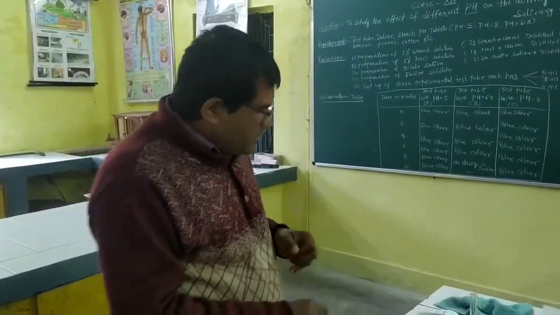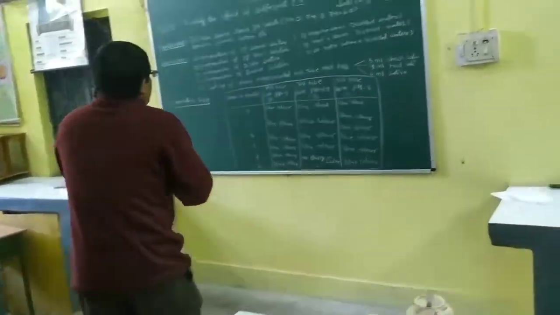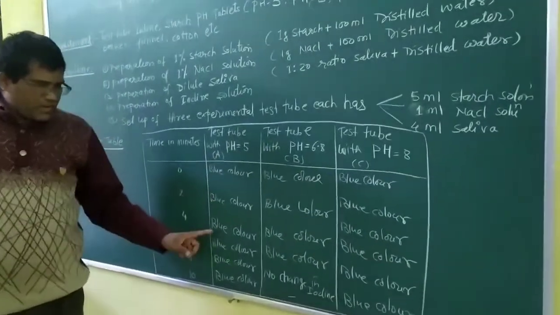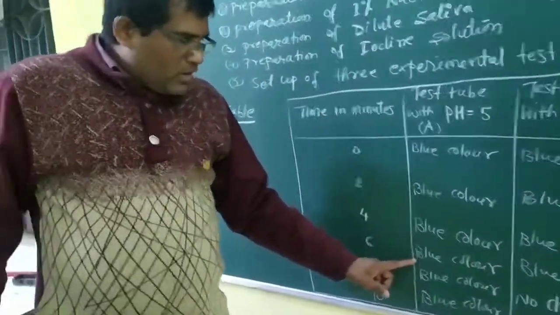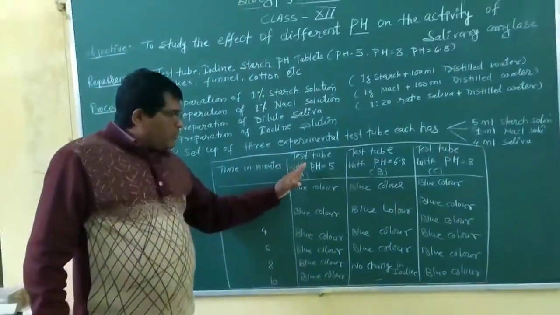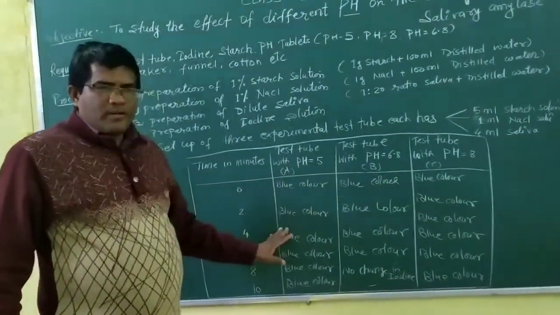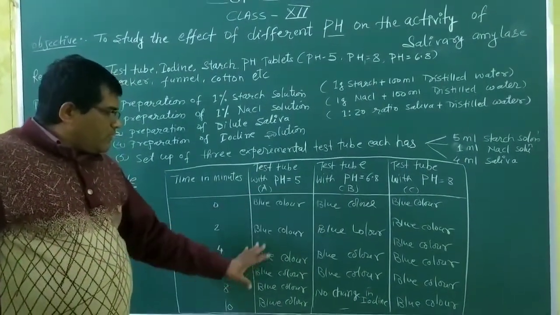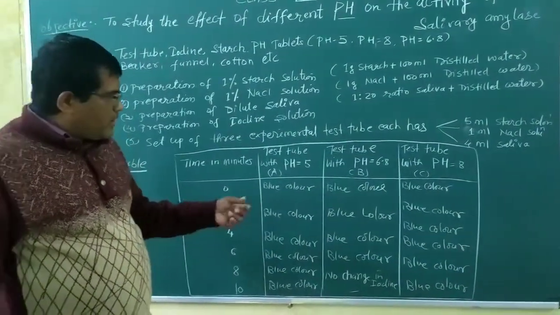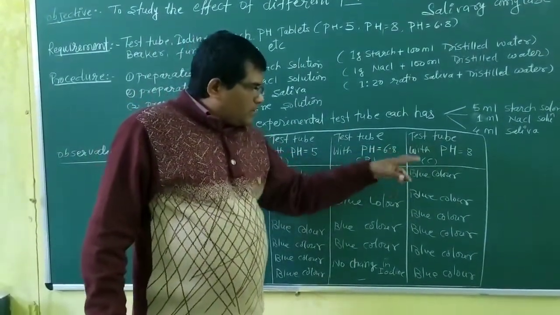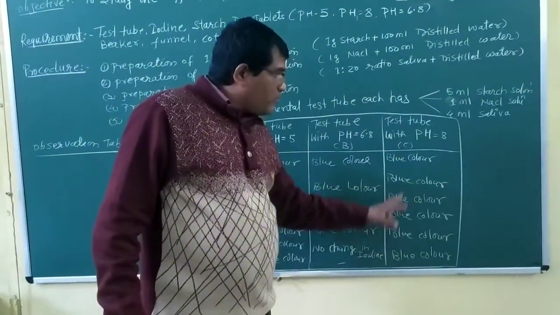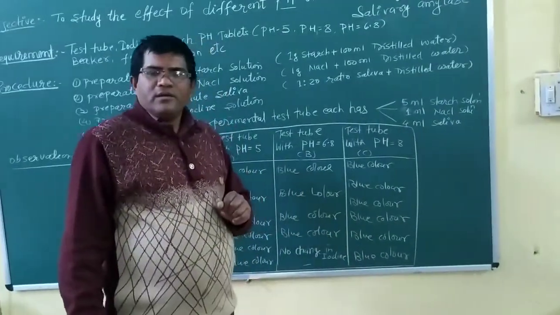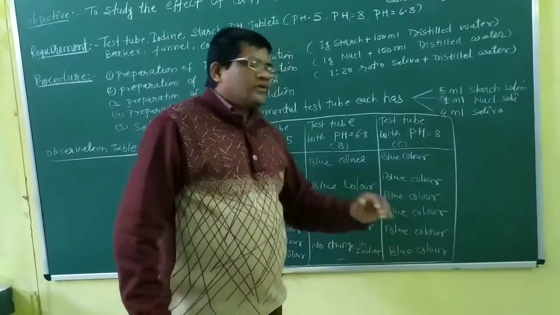So the first important thing is that we have to prepare the test tubes with pH 1, pH 5, and the blue color comes. Where the acidic pH is there, the blue color comes. It means the pale yellow iodine color converts into blue color. So here we are not getting the achromic point. In the test tube with pH 8, there also the iodine color changes into blue color.